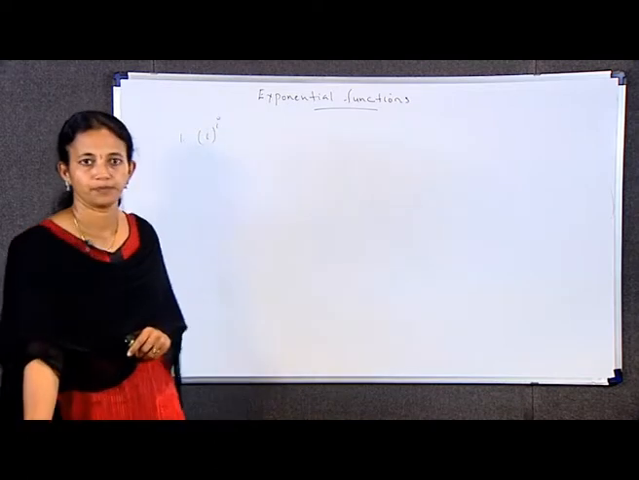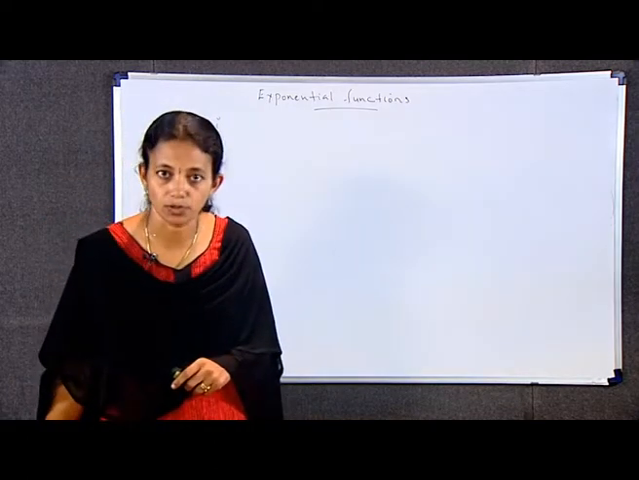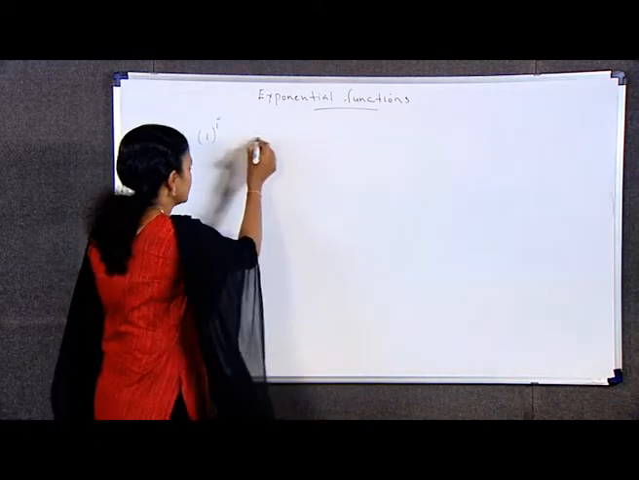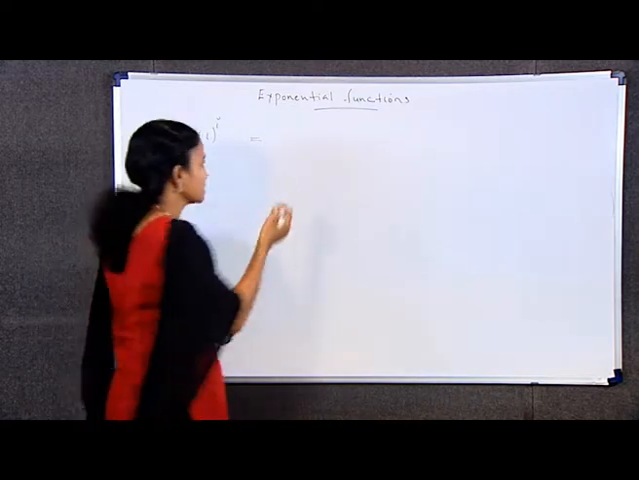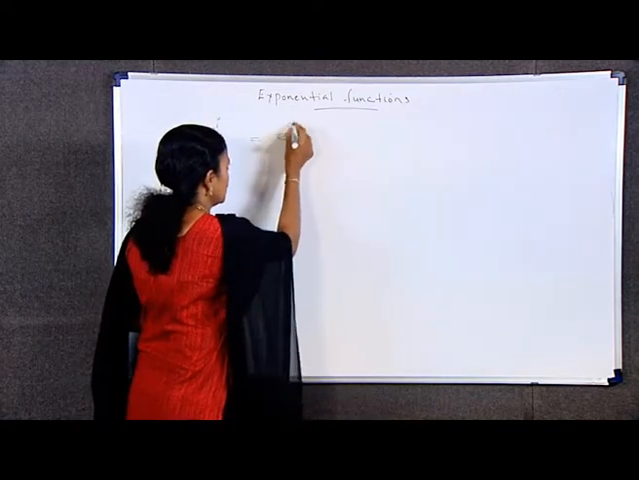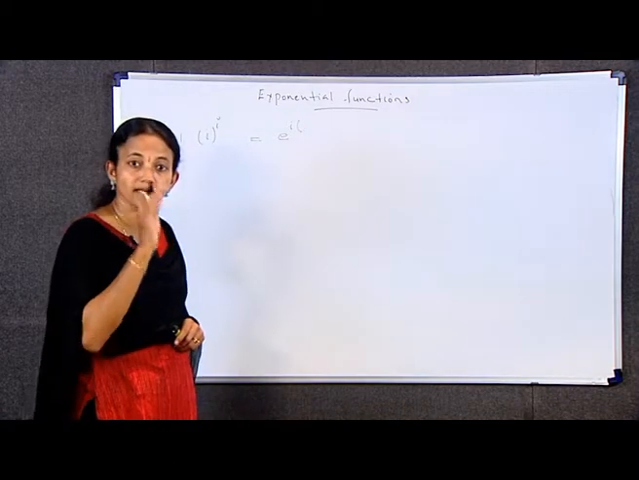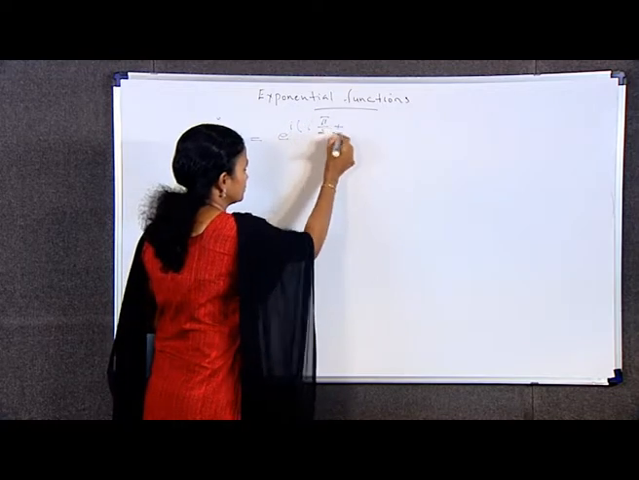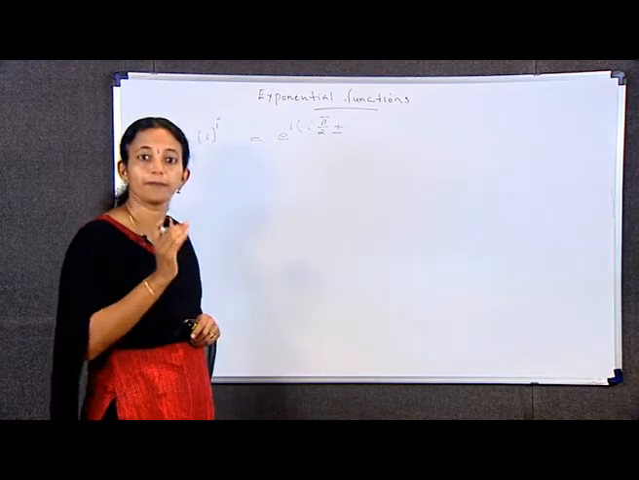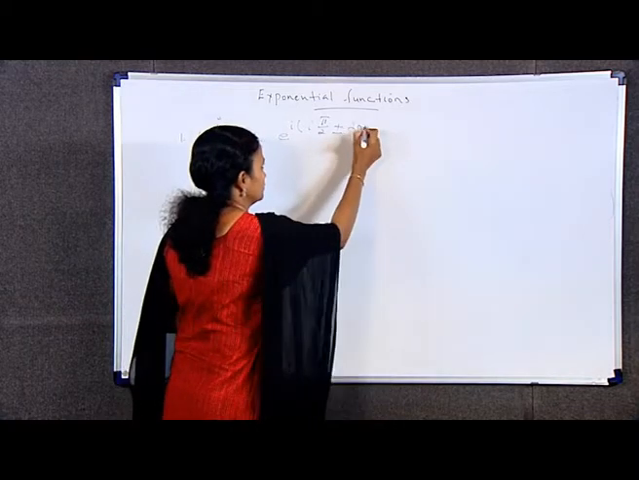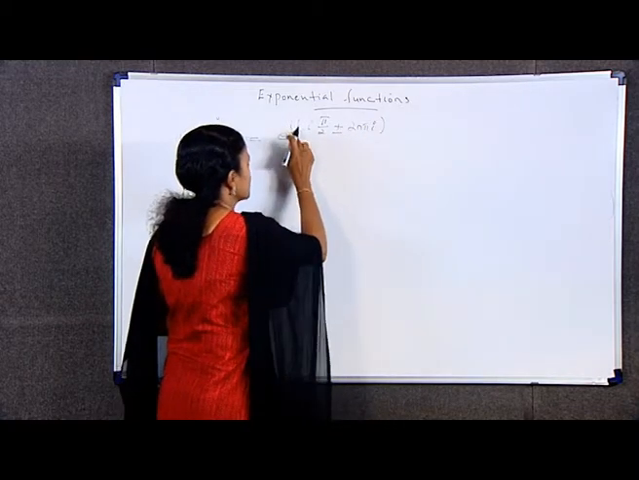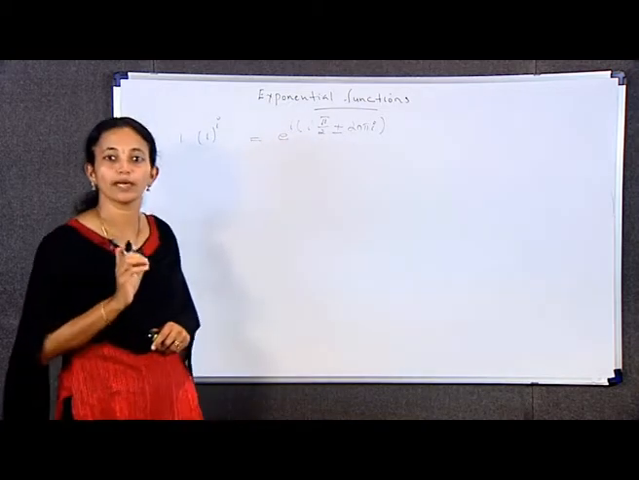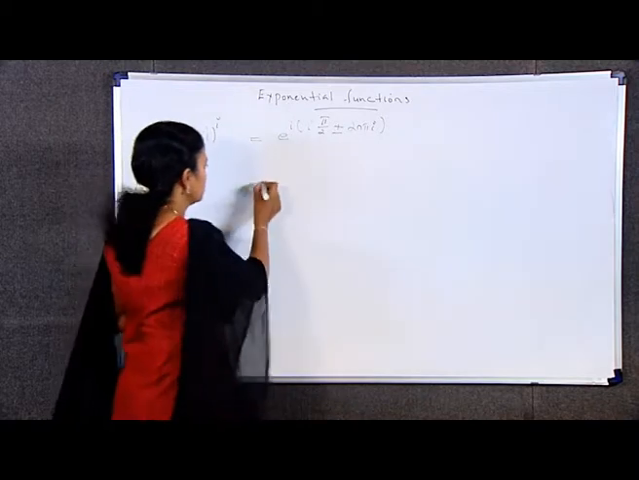I raised to I is equal to e raised to I log I, and e raised to I log I can be written as e raised to I into (pi by 2 plus or minus 2n pi I), that is e raised to I into pi by 2 plus or minus 2n pi I, which is equal to